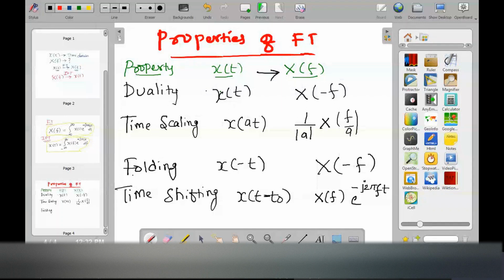Okay, that means if I use minus t naught, in its Fourier transform x of f will be multiplied by e to the power of minus j 2 pi f t naught. Instead of minus, if I use plus t naught here, then this will become plus. So minus t naught reflects as a negative power in the exponential in the frequency domain, and plus t naught reflects as a positive term in its exponential form.